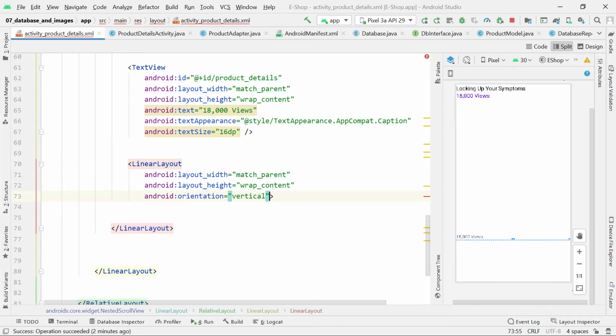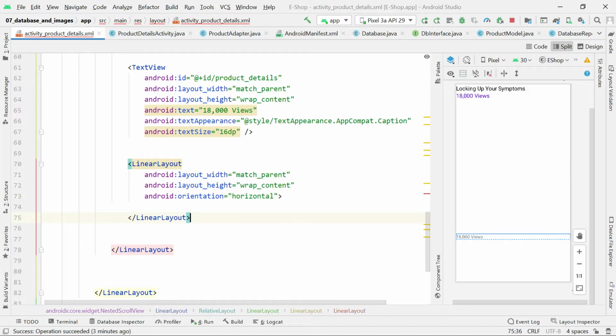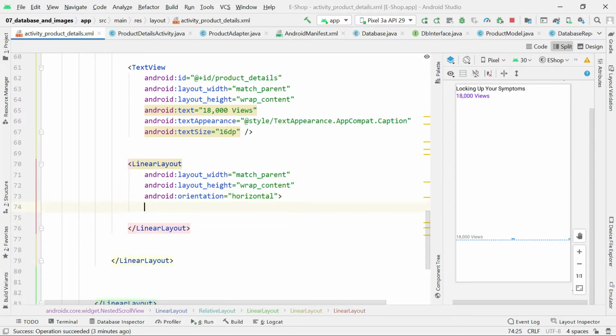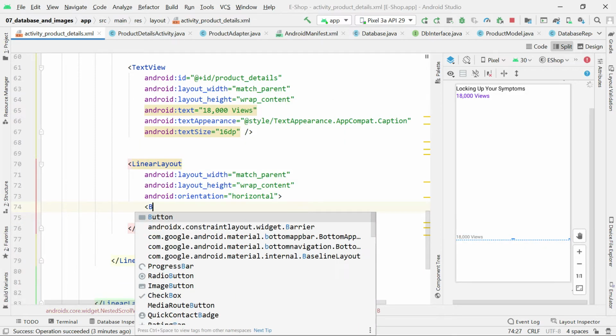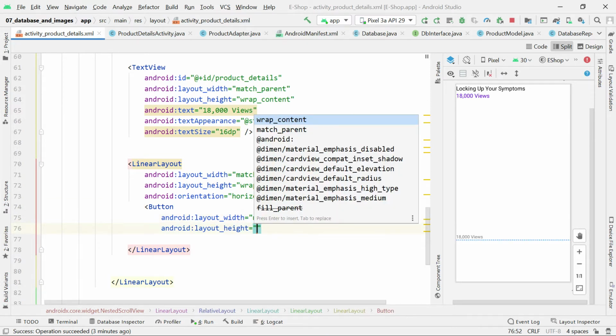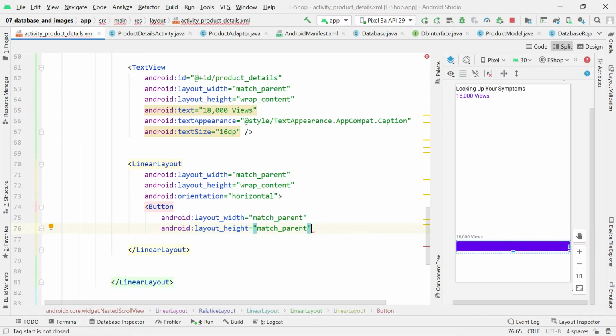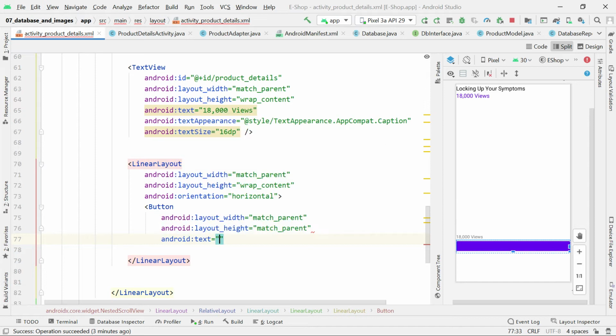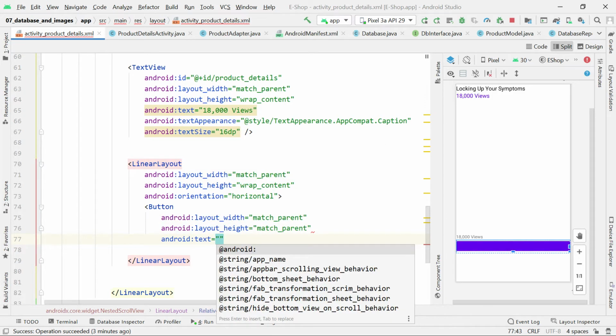Okay, so orientation, maybe just make it horizontal, so that there should be two buttons, one following the other. Okay, so we'll come and put here some two buttons, button. It is going to be maybe match parent. Match parent. I'll give them weights, and then give the text. This one will be edit,